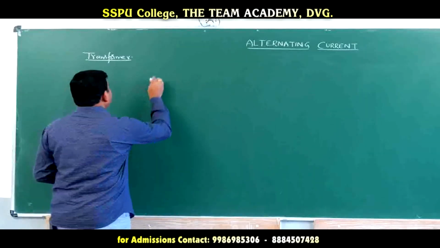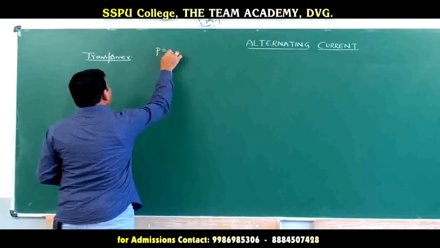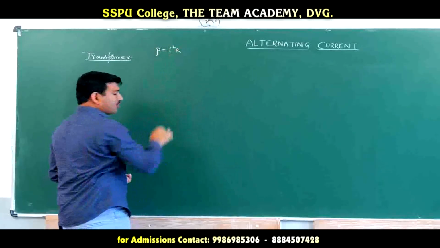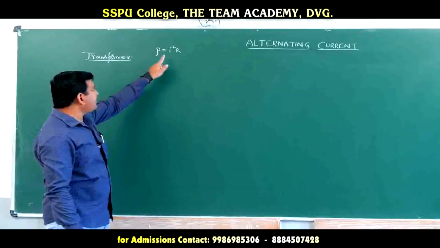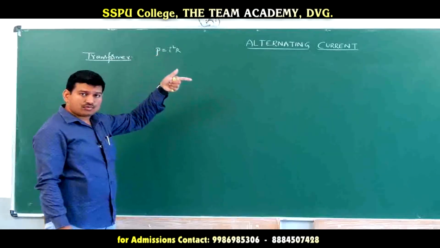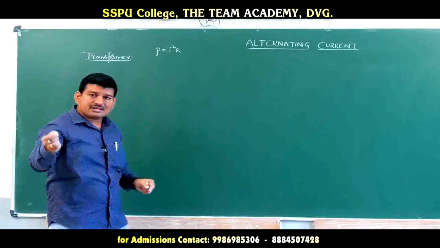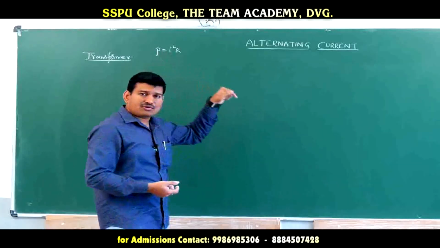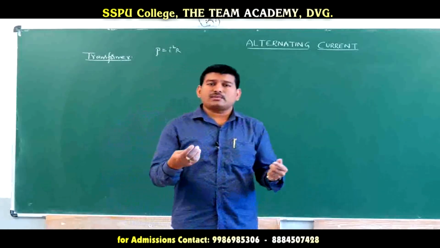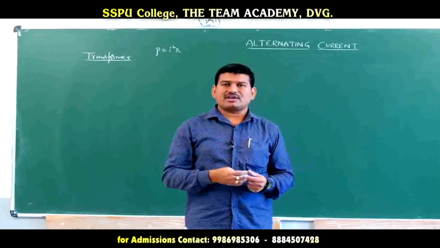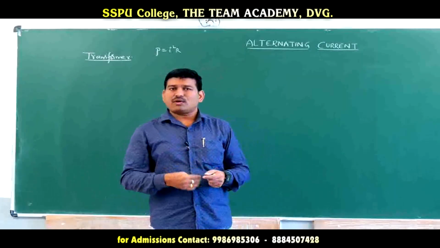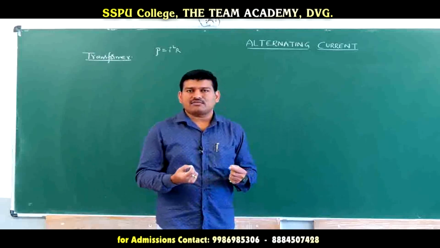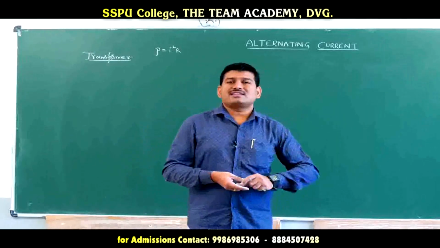Why do we require high voltage low current for power transmission? In current electricity we have studied that the power P is equal to I square into R. Yes or no? So here, if current is more, power loss is also more. If you transmit the electrical power with a high value of current, then power loss is also more. Therefore, the power generated at the power generating station, when it comes to the required place, will remain with a less amount of electric current.